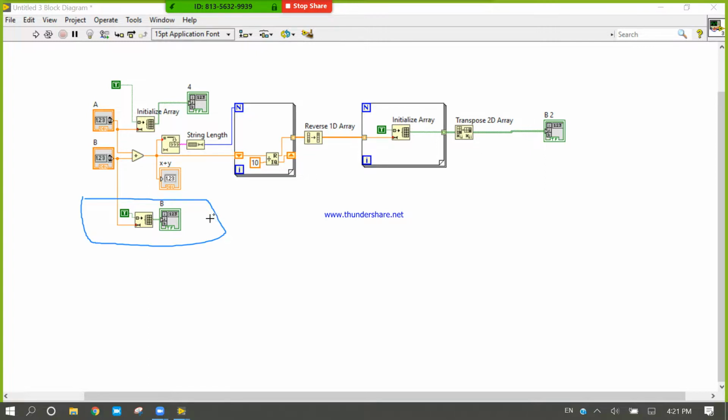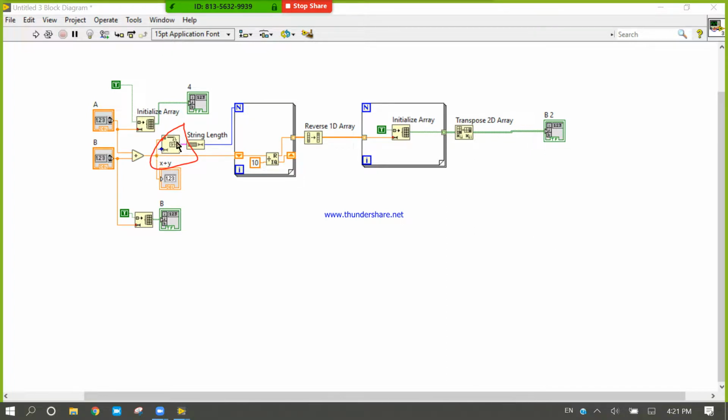Who is asking what this is? What are these blocks? It is the same thing. I am not going to open the inside of this function. This is an initialize array box.